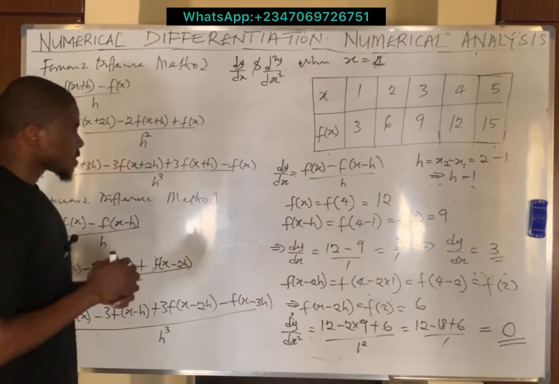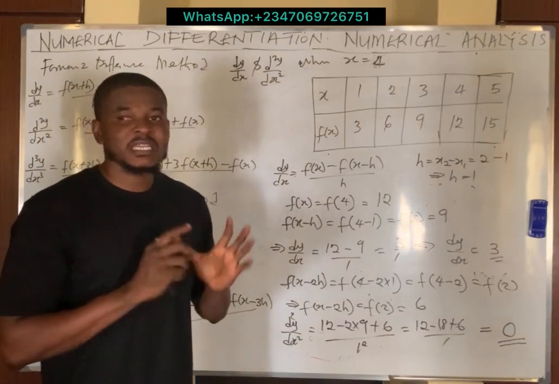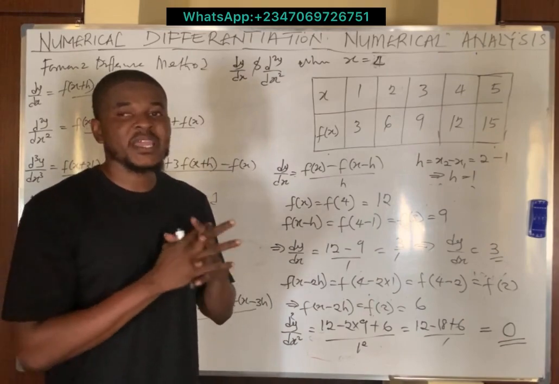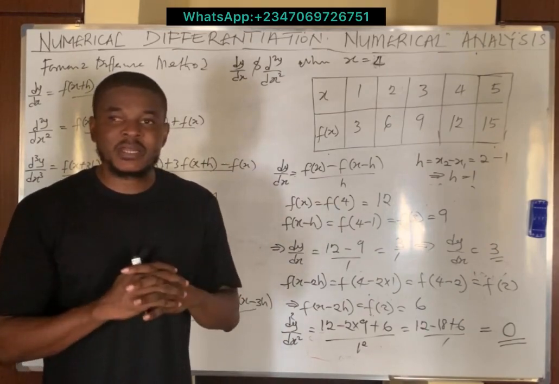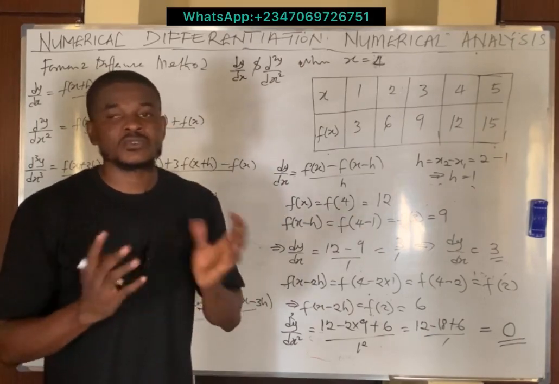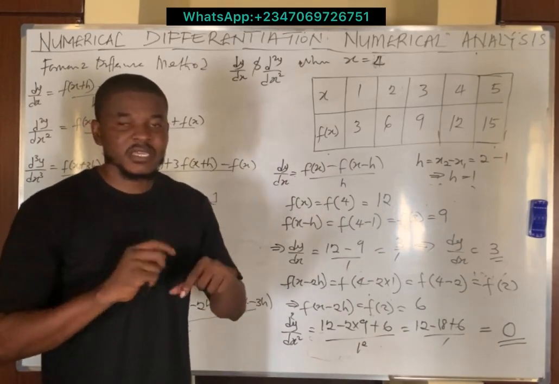Okay, so let's try another example to explain the central difference method, and that will be the end of the video. Then I will answer the question which I asked earlier: what happens when x is 1.5 or even 1.1, or when x is 3.1, or when x is even 2.1 or 2.5? I will answer that at the end of the video, so stay tuned till the end. All right,